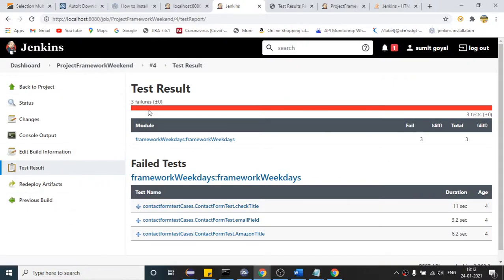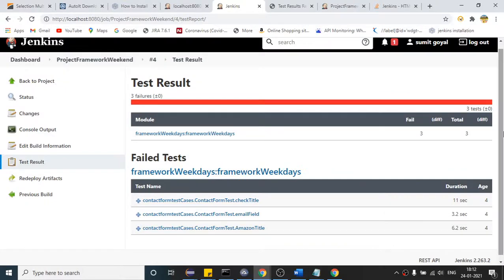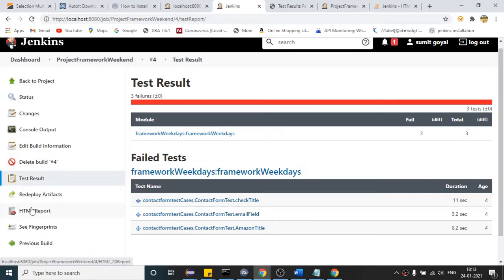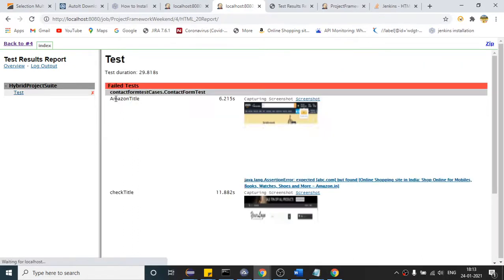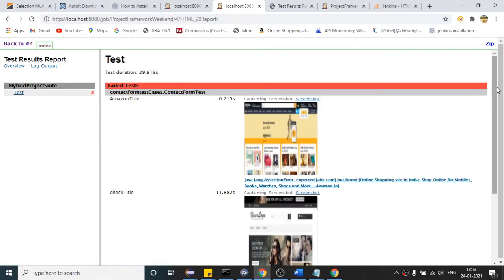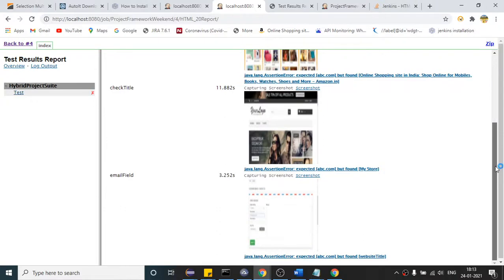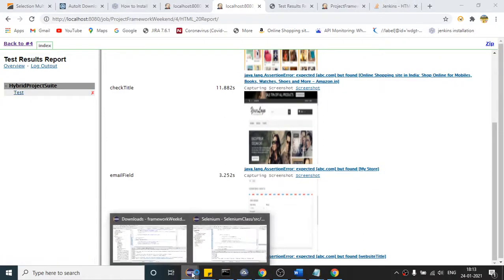So basically Jenkins is also providing some kind of file here, file in the sense test result, right? So if I refresh it, you will see HTML report. I think it has finished. So let us click this. You can see this time it has generated after running that command. So same file which we are viewing from our Eclipse. If you click this, 1, 2, 3, right? So 3 screenshots again, because 3 times 3 test case fail, right?